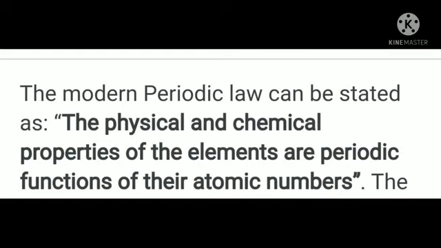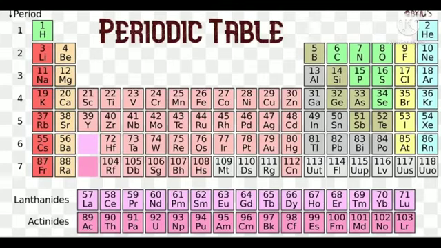So related to the periodic table, one important question is the modern periodic law. Then learn what are called periods and what are called groups. Then on page number 109, there is a tabulation, that is group number and family. So study all the family names from 1 to 18. Among that, an important one is group 17, called the halogen family. One book back question is already there related to this topic. And group 18 is called the noble gases. So learn that tabular column well for the one word question.